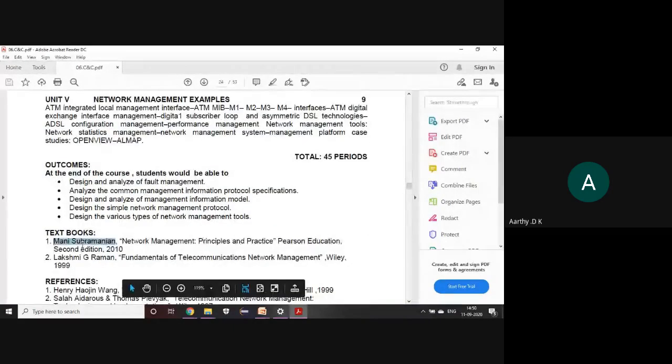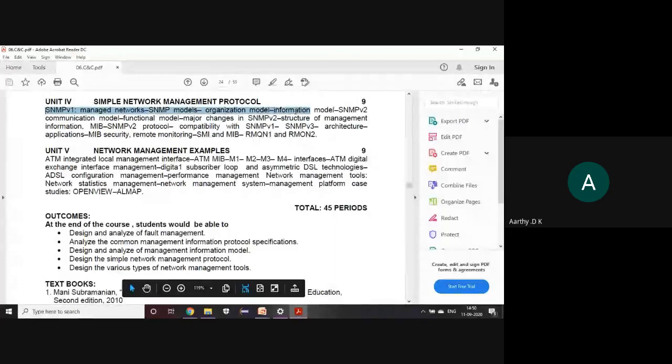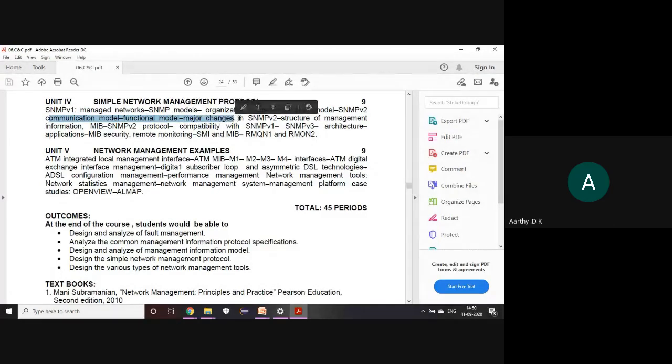This is your first book, covering chapter 4, the first few topics of your fourth unit. SNMP version 2 is covered in chapter 6.